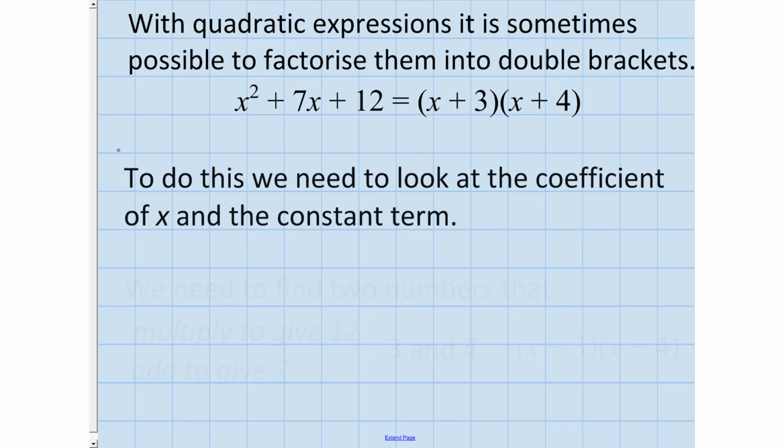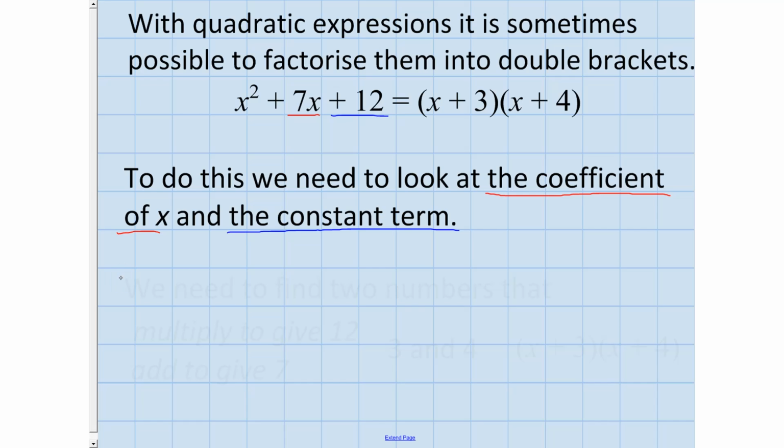Now in order to do this, we need to look at the coefficient of x. Now the coefficient of x is 7. It's how many x's there are in the expression. And the other thing we need to look at is the constant term. And the constant term is the number at the end, so the number that doesn't have anything to do with